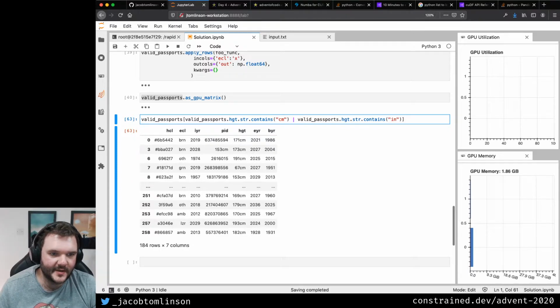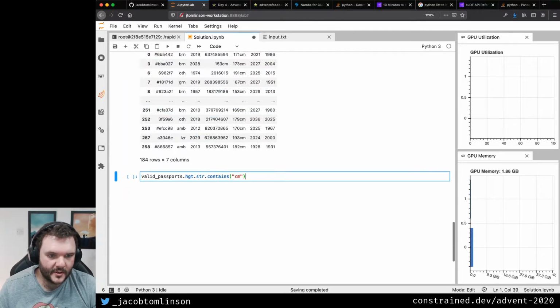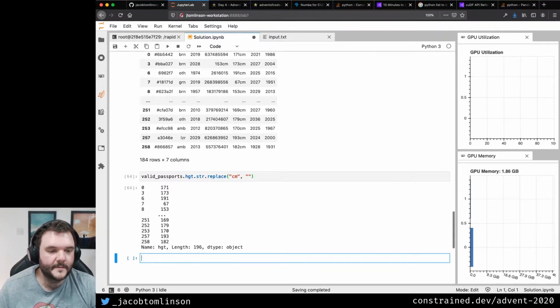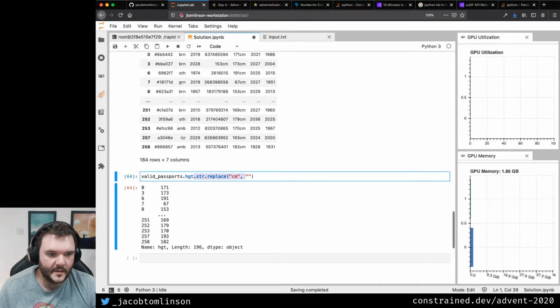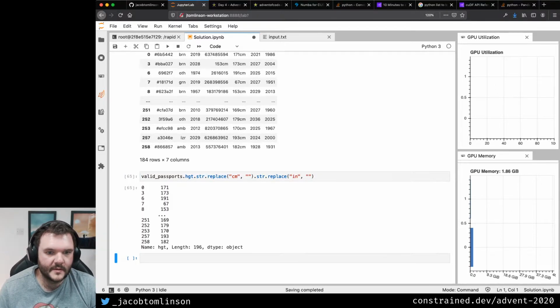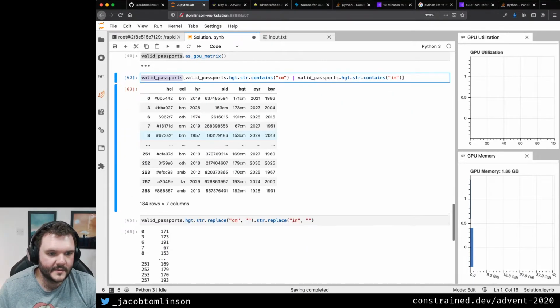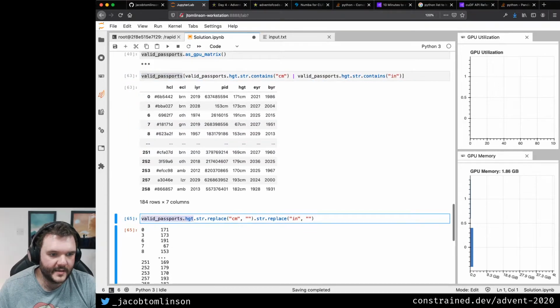I wonder if I can do dot, is that a replace function? Thinking yes. CM with nothing. Okay. And inches with nothing. So I could do that, so I just get these values here. This would be valid passport dot height. So